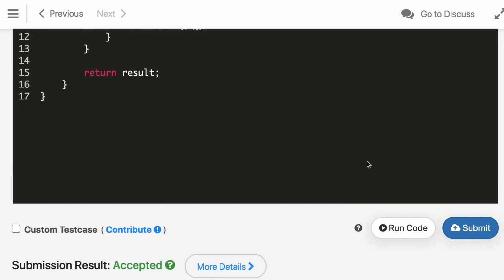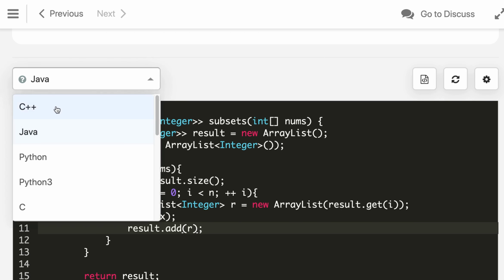And the Java solution is also accepted. Finally, we will do it in Python.